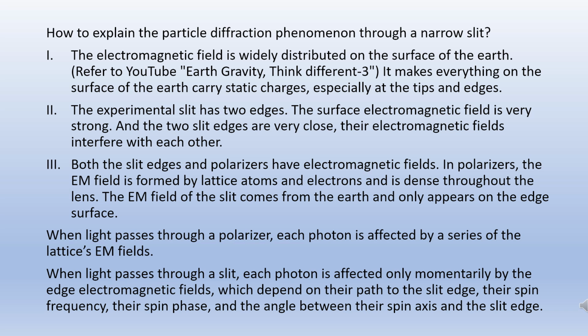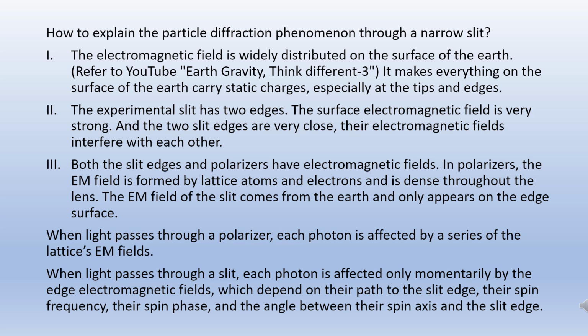3. The slit edges and polarizers both have electromagnetic fields. In polarizers, the EM field is formed by lattice atoms and electrons throughout the lens, while the EM field of the slit comes from the Earth, and only appears on the edge surface. When light passes through a polarizer, each photon is affected by a series of the lattice's EM fields. When light passes through a slit, each photon is affected only momentarily by the edge electromagnetic fields, which depend on